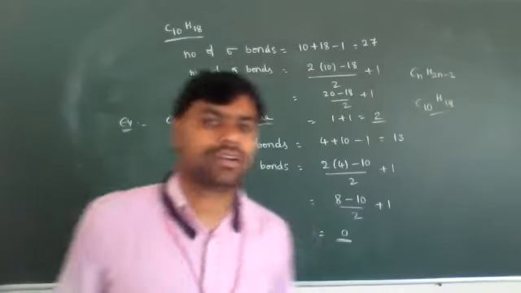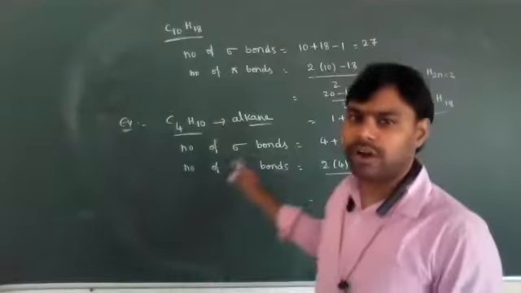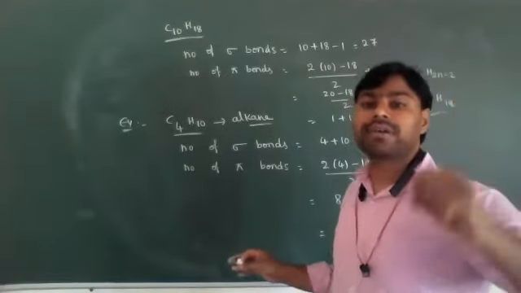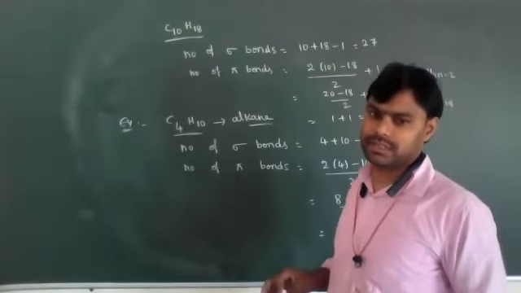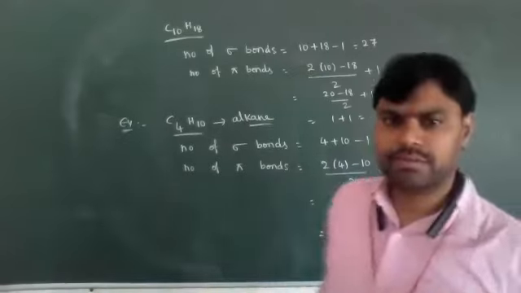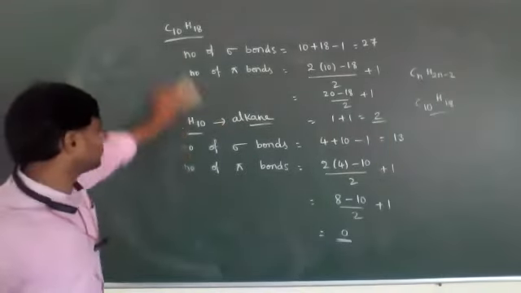Okay. So this is the shortcut formula for calculating the number of sigma and pi bonds present in hydrocarbons, in open chain hydrocarbons, not cyclic. Okay. So it's very very important. Now let's listen. Next important concept is